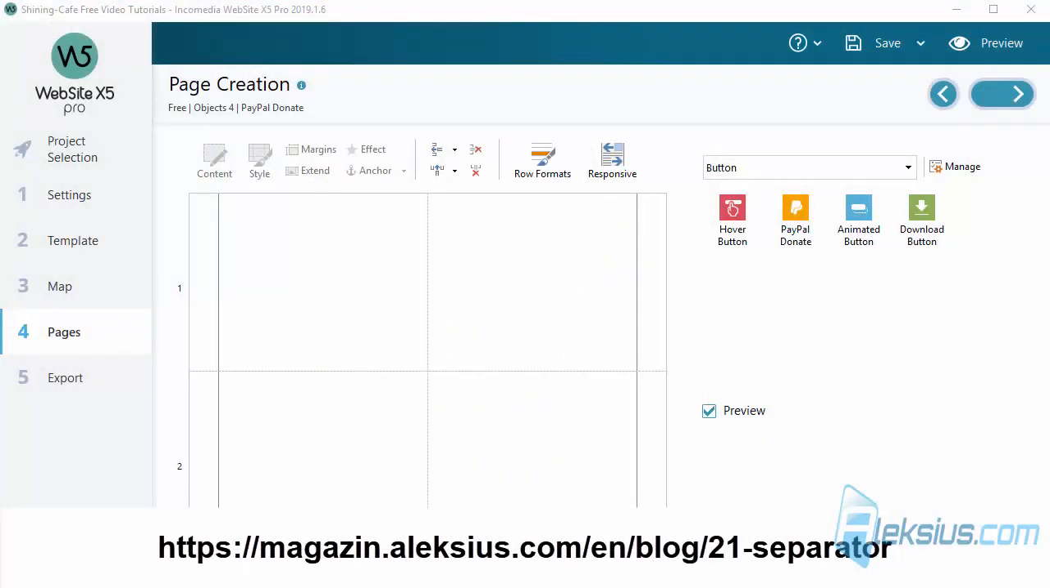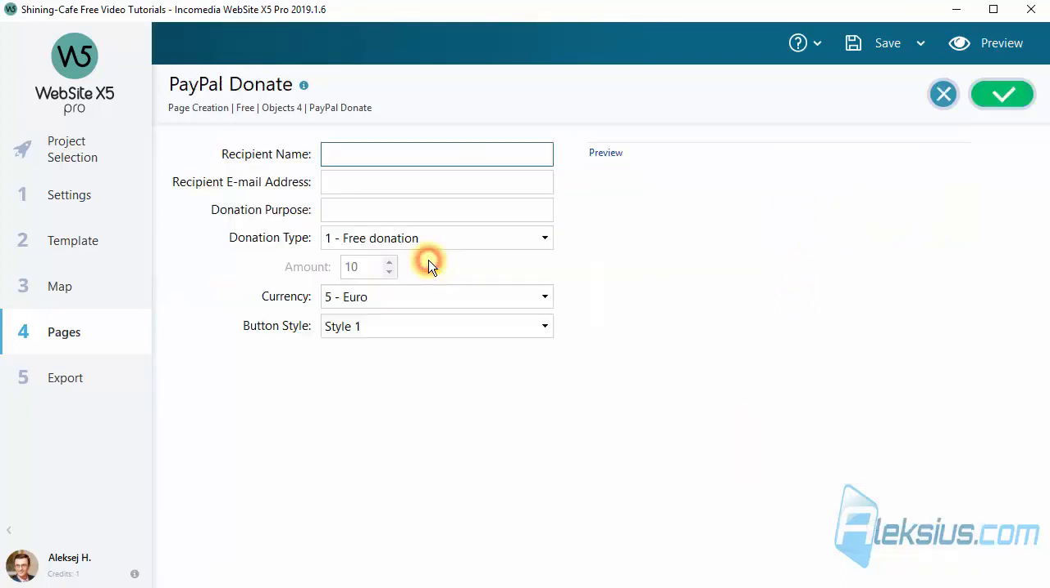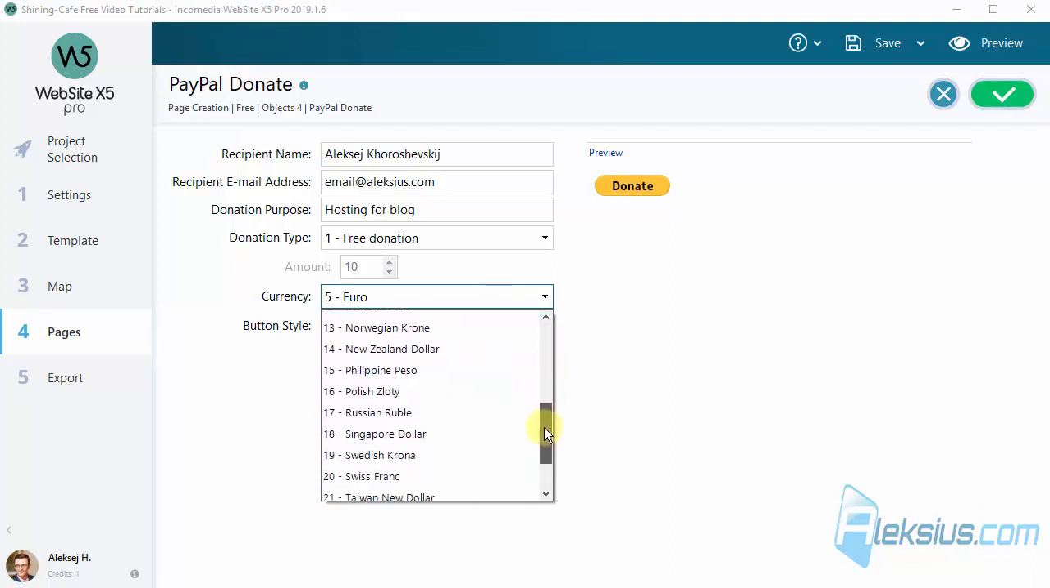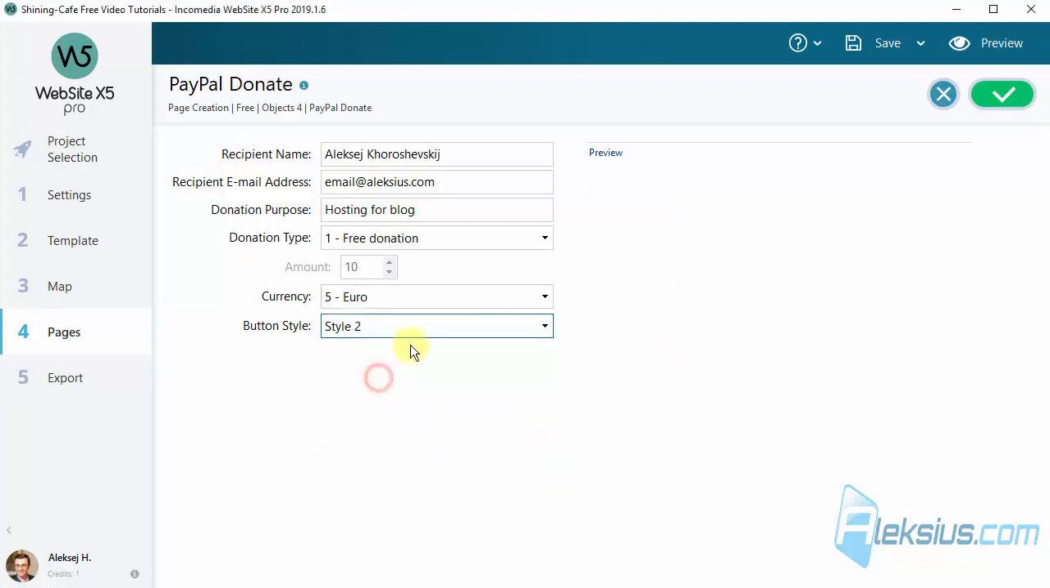In the previous video tutorial, we already worked with a donation box called Donorbox. Now let's see another donation object, PayPal donation. You need to specify the recipient name, recipient email address. This is the address of your PayPal account. Also, you need to specify the donation purpose. You can change some styles, change currency, change button style,